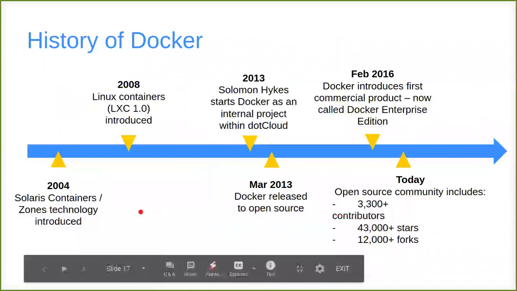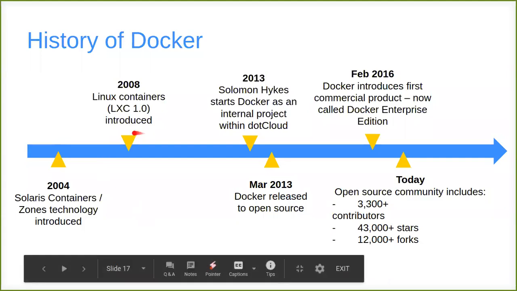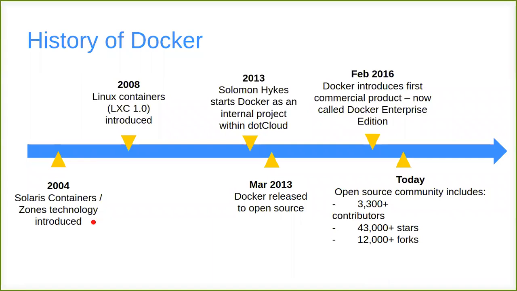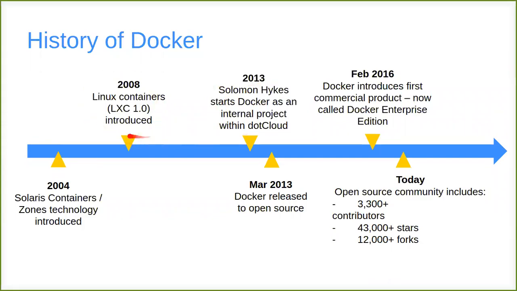Okay, so let me tell you the history of Docker. Where did it start from? Our containerization is of two types. One is Linux containerization, and then we have the Docker type of containerization. Linux is the first that started containerizing its own OSs. Taking inspiration from that, Solomon Hykes started developing Docker internally for his own project. Linux was doing it only for different flavors of Linux, like Ubuntu.